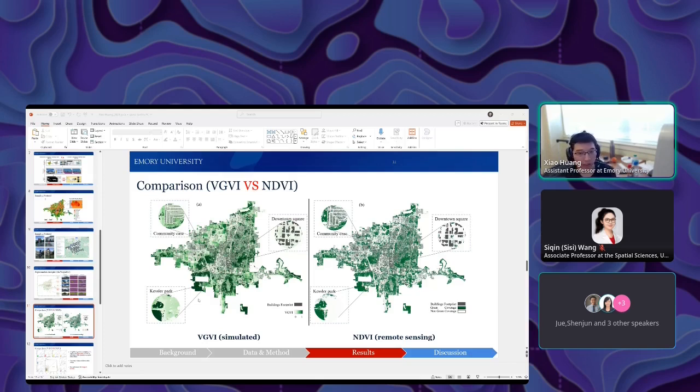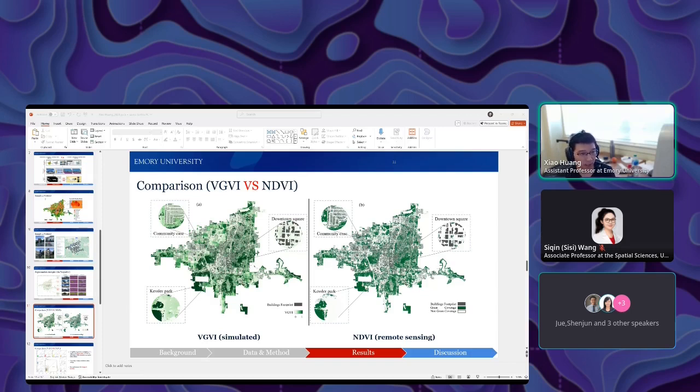But if you look closely, you can tell that those two indices are quite different, especially in areas with buildings. For example, in the downtown square area, we can clearly see the eyesight blocking effects, right? Areas around the buildings present limited visible greenness. And by the way, the simulation runs at a resolution of 1 meter, so it means that we have to conduct a simulation for millions of observation points in our study area. We run the model in a high performance computing environment, but it still takes days to run the